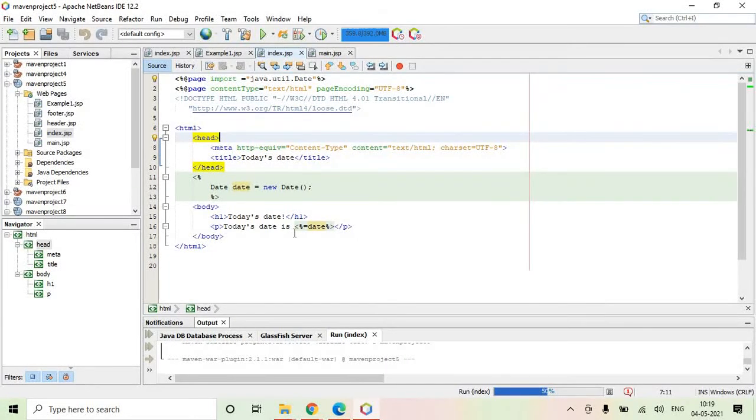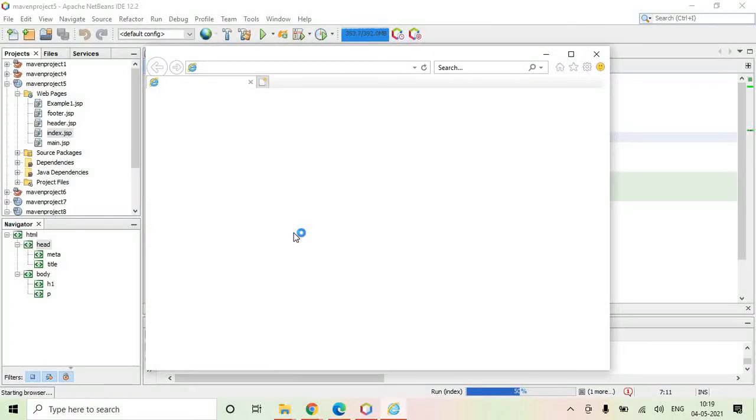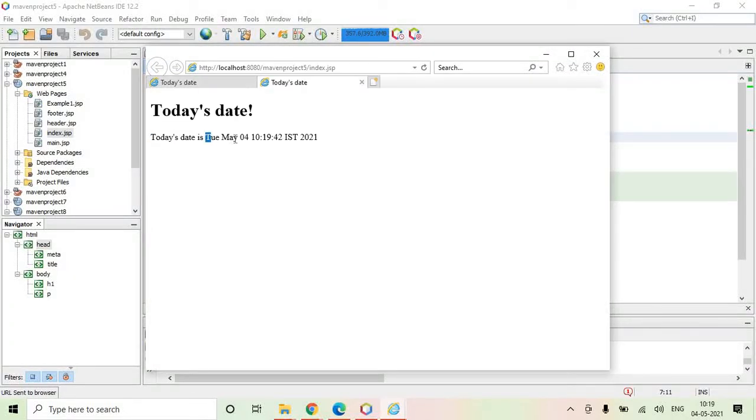Earlier we have seen the date printing directly without any directive. Here, this is the example of a page directive. You can see: today's date is, and this is the entire date format which it has loaded and printed onto the web page.